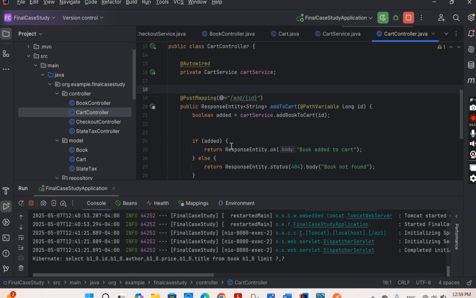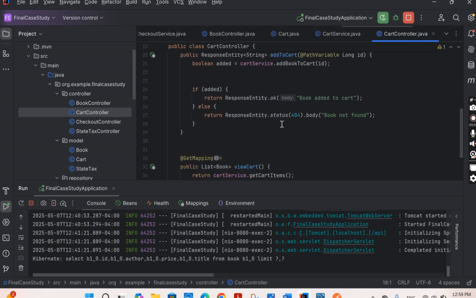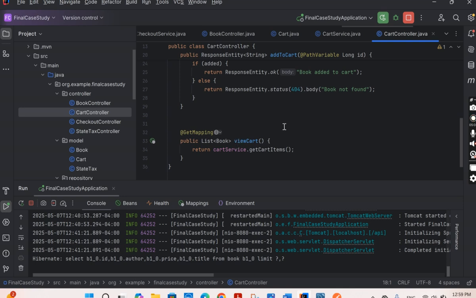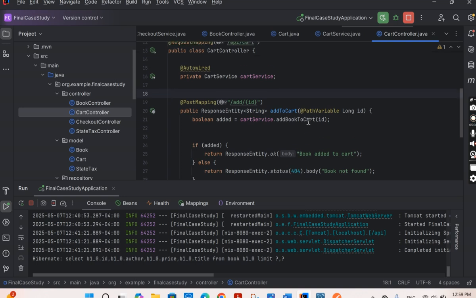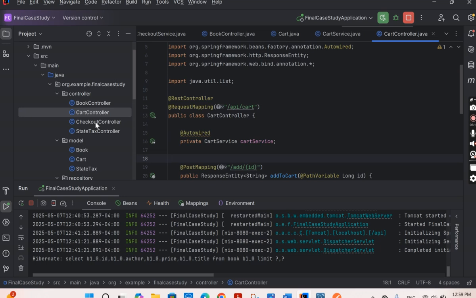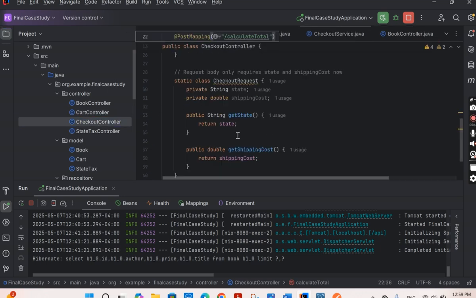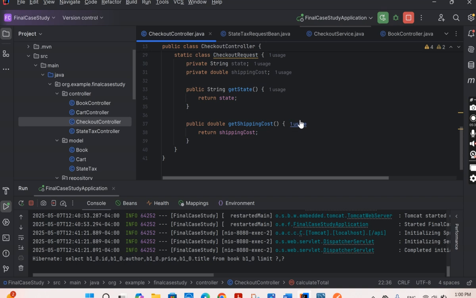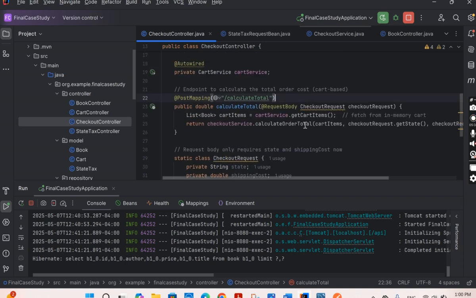it was supposed to handle the request to the service method. So it has add books to the cart using ID, and view cart and view books by ID also. On the checkout controller, it handles the request to the service method. Because the cart is not working, the checkout doesn't work, but the checkout controller uses a state. It's going to print out also the state and the shipping cost for that particular state. So that's how it was calculating the